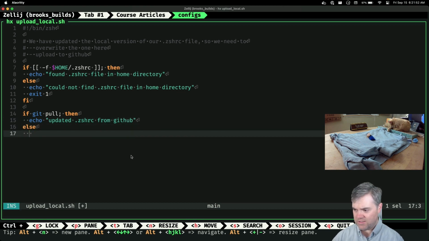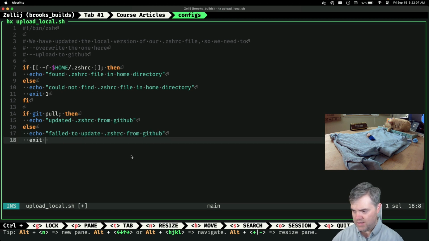But if it's an else, we want to echo failed to update, and we'll exit too.